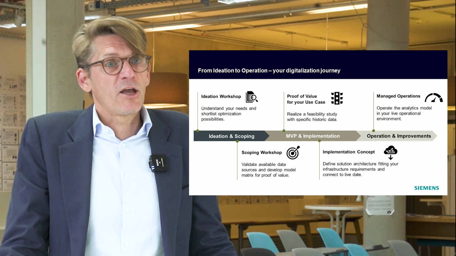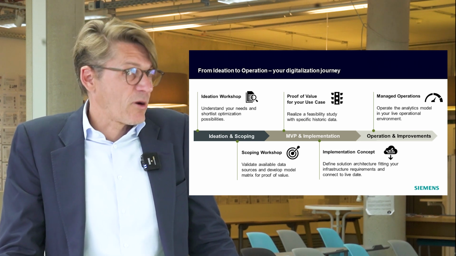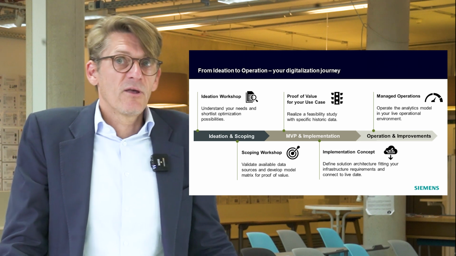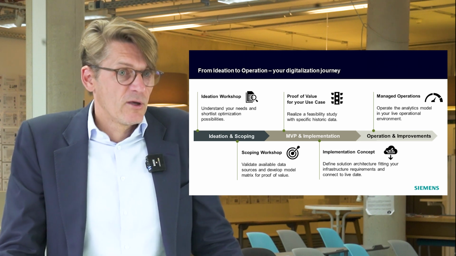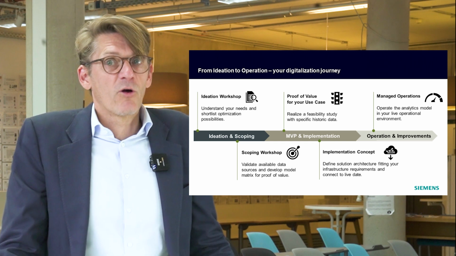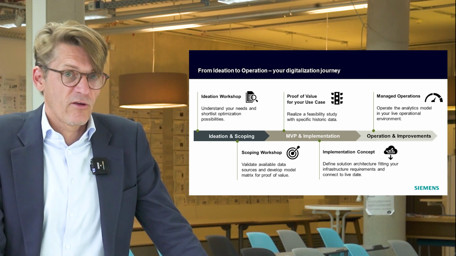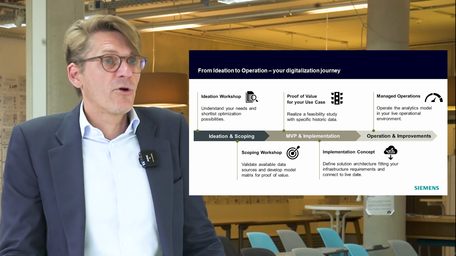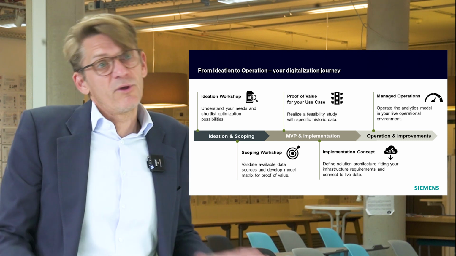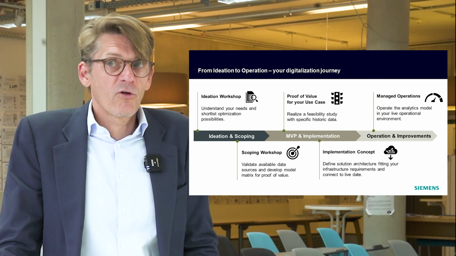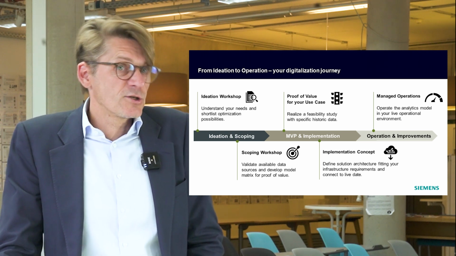And then in an agile manner, in a Scrum process, we build the artificial intelligence model in different sprints. Together with the customer, also live testing the model, and when we see that there is a benefit from the model in an offline application, we go into an online testing phase, and we also define the operational concept of